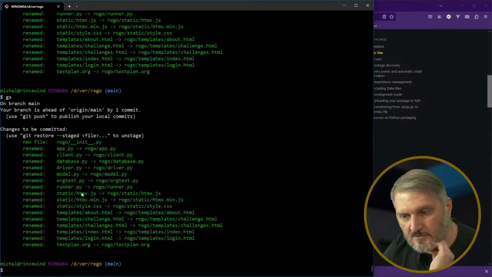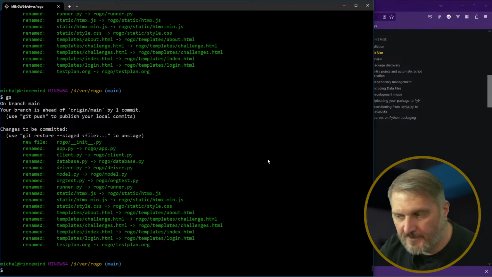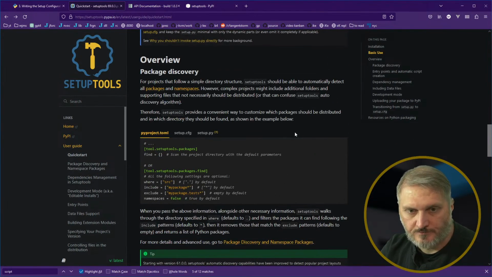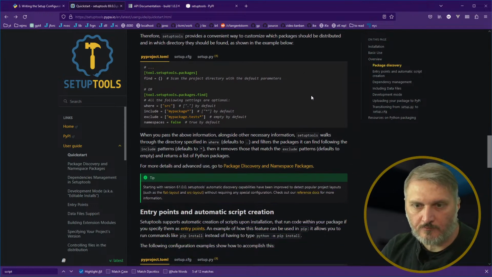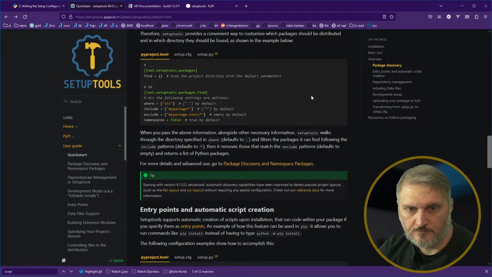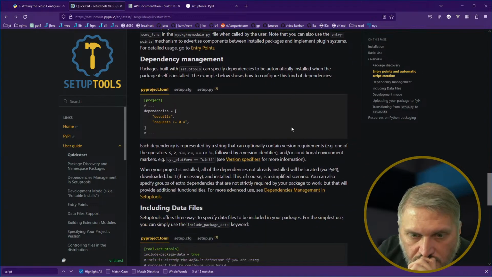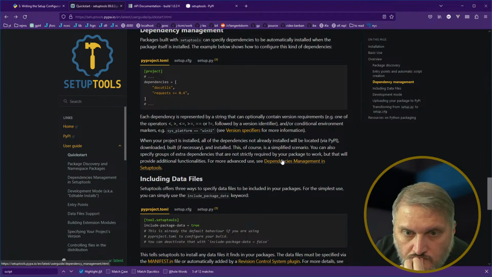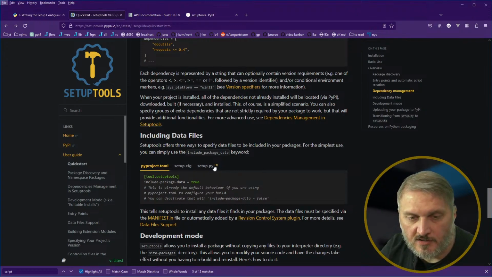I guess we got to figure out how to serve all this data with the package. I think you ought to be able to run your own local server if you want to, for local development or whatever. Maybe that should be a separate package. Include package data equals true. So it includes that by default. Okay, so